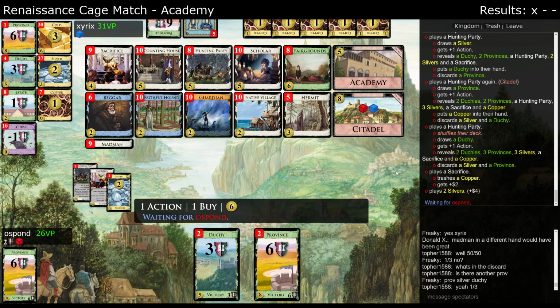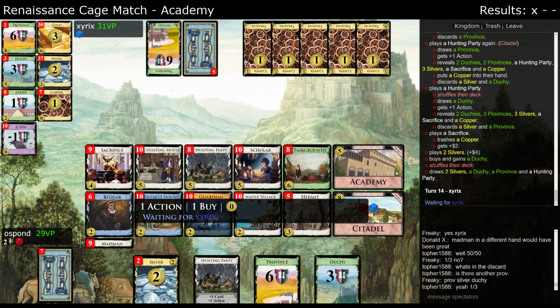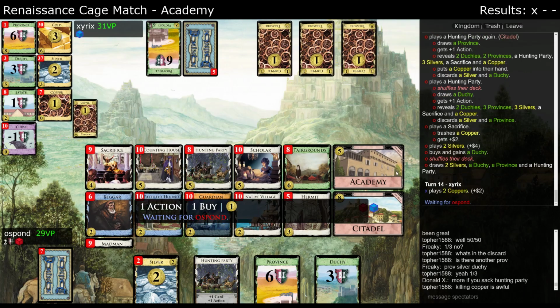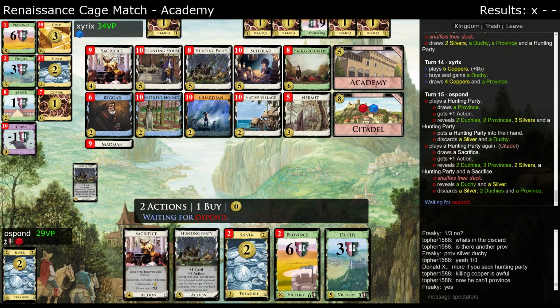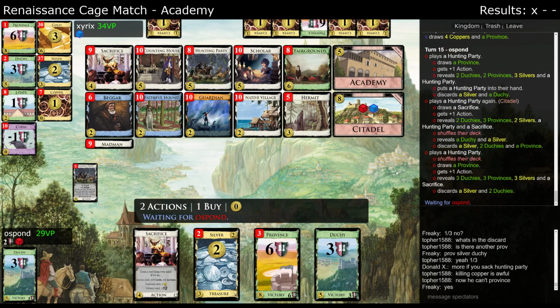Okay, so Ospond discards the silver in a province. So I guess he didn't actually have any copper left anyway. I don't know how he's going to even grab the last province. Is it even possible for him at this point? Yeah, I think Donald X has pointed out, if Ospond had sacrificed Hunting Party, he would have had a chance to buy the last province, but as it is...